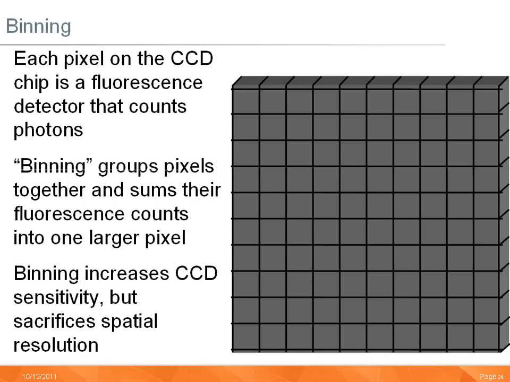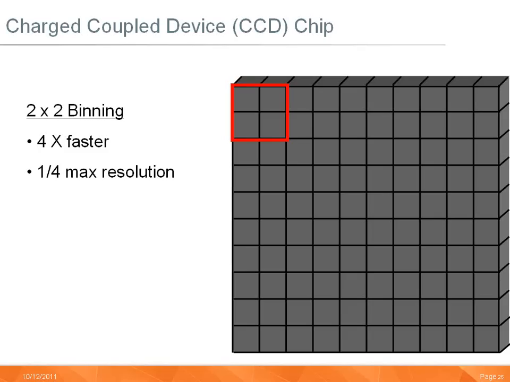If I perform a bin capture, then I will pool adjacent counts. For example, if I set a 2x2, then the acquisition will be 4 times faster than a non-binned image, but 1/4 the resolution. This formula carries through other bin settings. With a 4x4 bin setting, the acquisition will be 16 times faster, or 4 times 4, 16, but 1/16 the